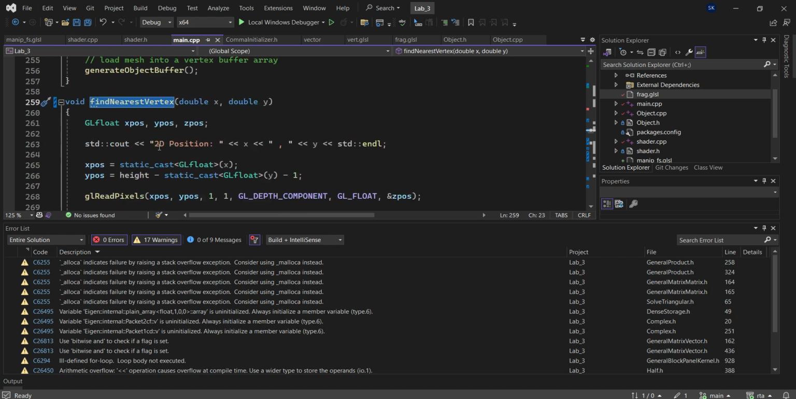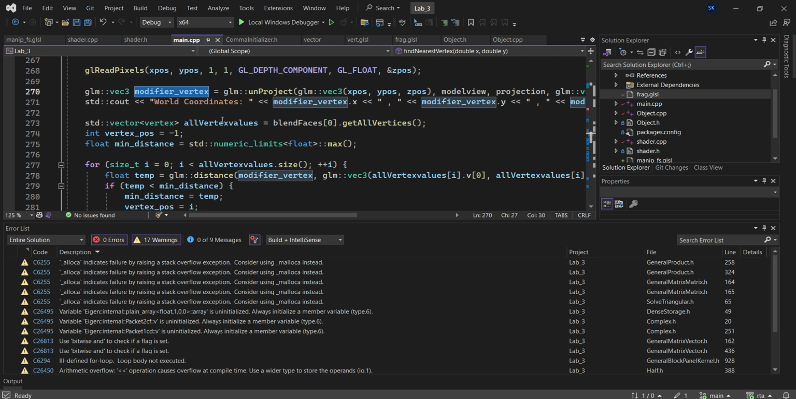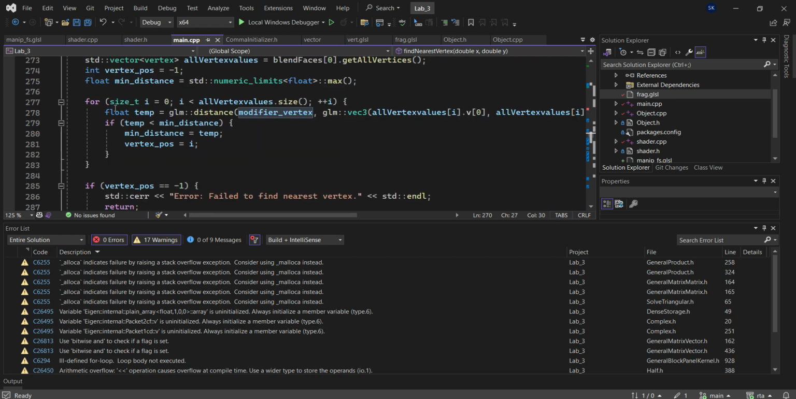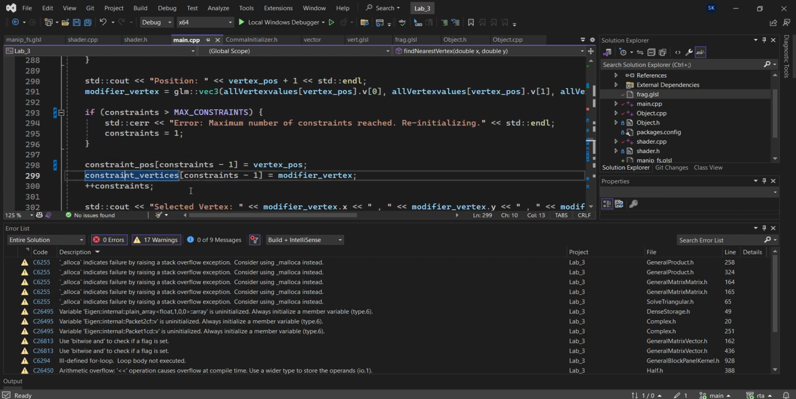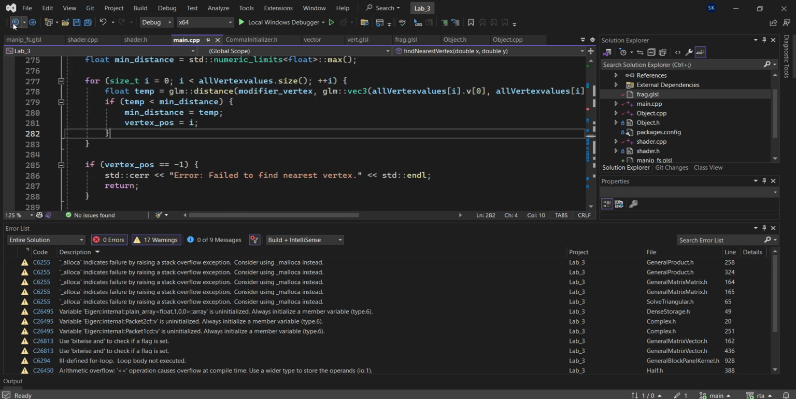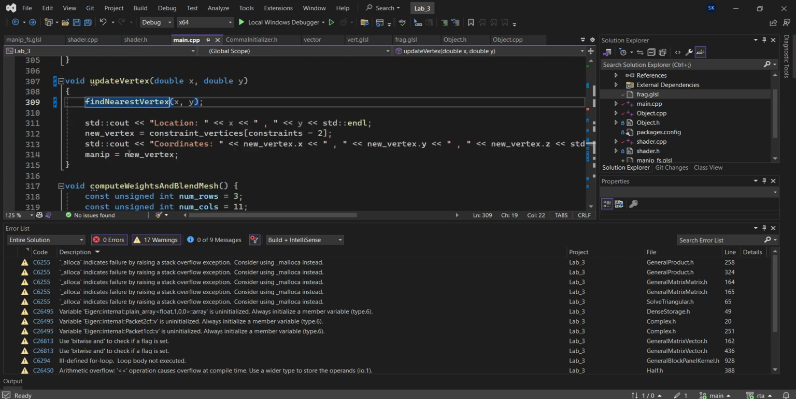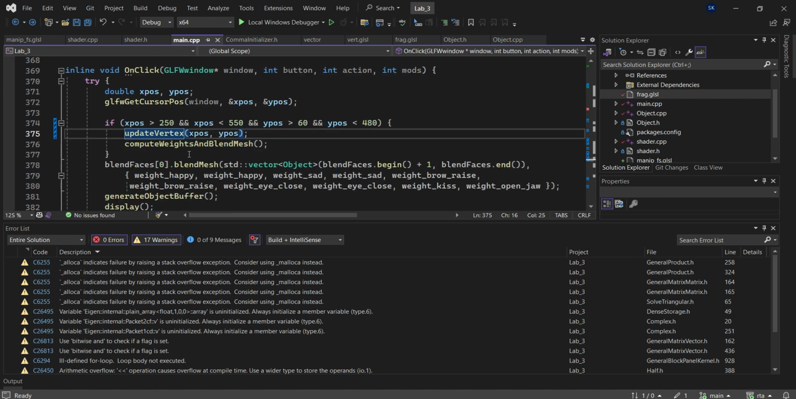tries to find the nearest vertex, which is basically just by reading with GL pixel and then unprojecting it. It updates it to modify a vertex, and it tries to find the nearest vertex with this for loop. And once it finds it, it just sets the constraint position and constraint vertices. These are controlled by also max constraints, which is currently set to 4. Once we get that, we set the manipulator to new vertex, and once we have that, it tries to find